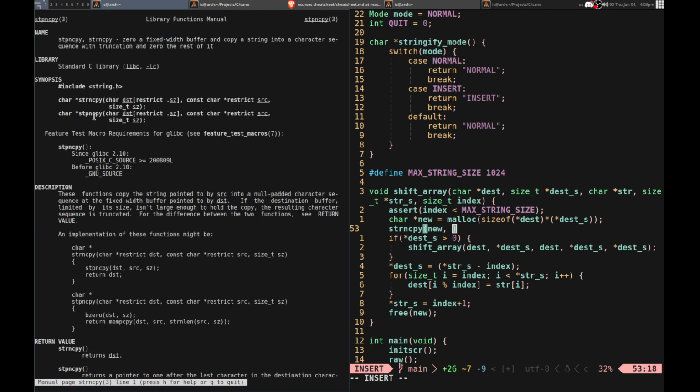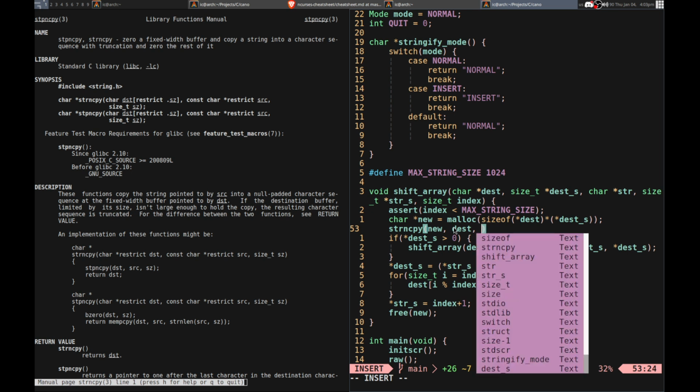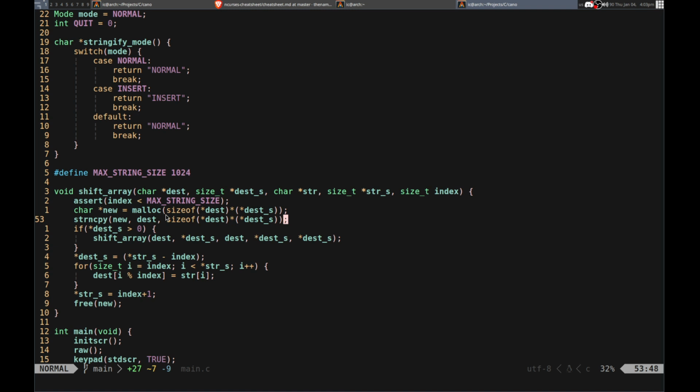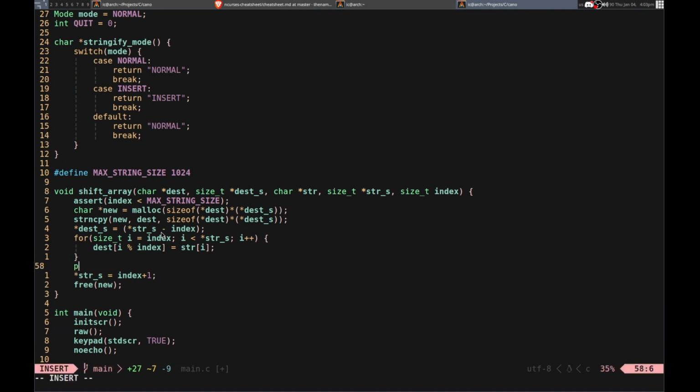Okay. Yeah, so I need the destination, which is new, and the source, which is dest. And then the size, which is gonna be that size, like that. Okay. Then they should be the same. We want to overwrite this one